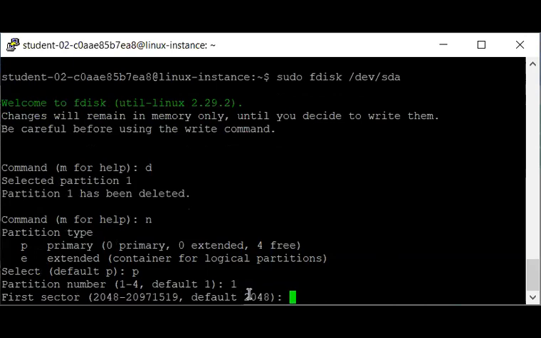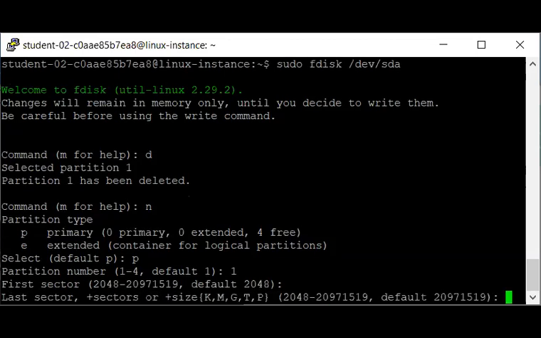First sector, default 2048. You will then need to provide the starting sector, the memory location of the new partition from where you want to allocate. Here press enter to select the default value 2048. Last sector, with sizes in K, M, G, T, P. Provide the last sector of the new partition, up to where you want to allocate.